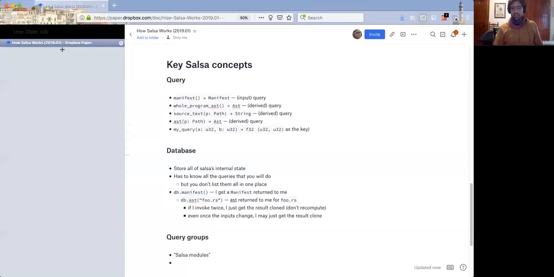So if this is a result that was not affected by the change to the input, I can just get it cloned. I don't have to recompute it. So how do inputs change? Well,